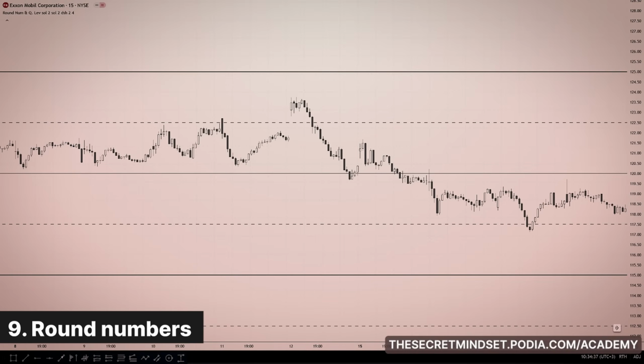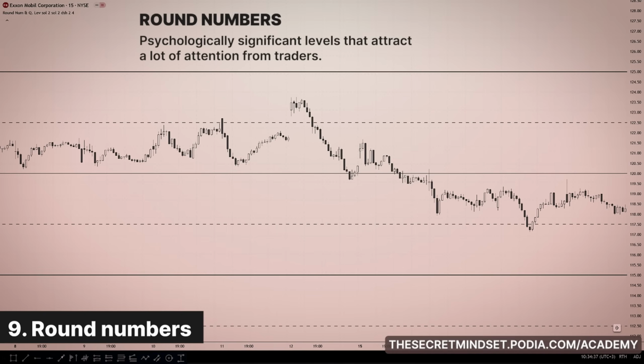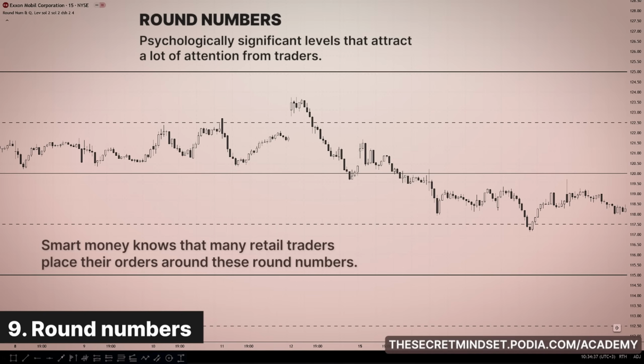Round numbers ending in 0 or double zeros are psychologically significant levels that attract a lot of attention. These levels are prime targets for smart money manipulation. Smart money knows that many traders place their orders around these round numbers. They might place buy orders just above a round number or sell orders just below it. The big boys often push the price to these levels to trigger these orders, creating liquidity that they can trade